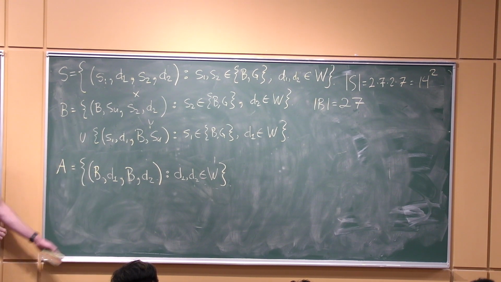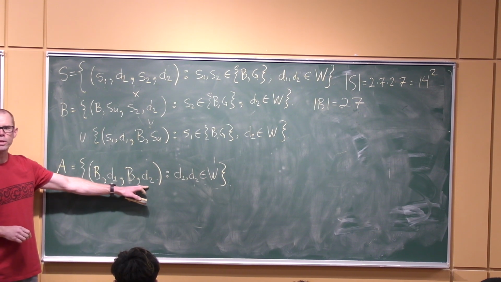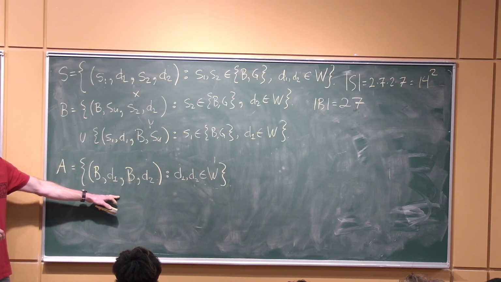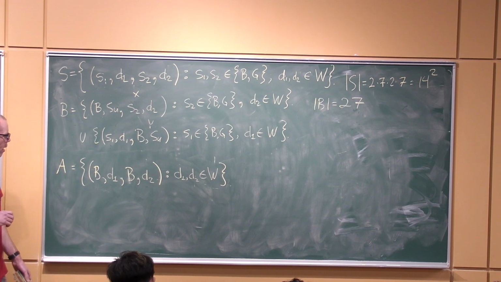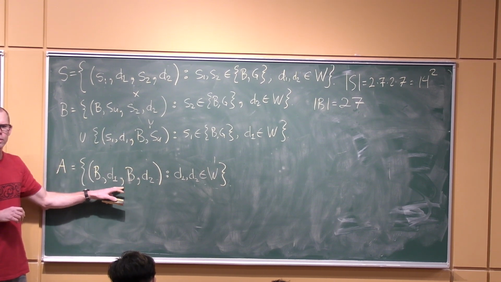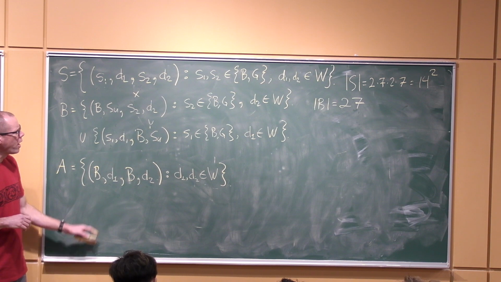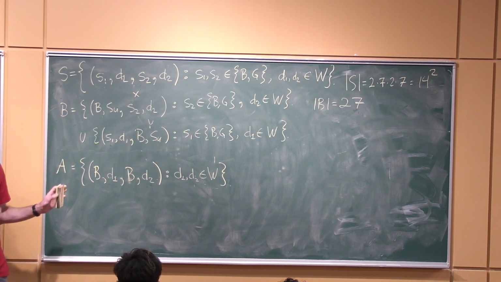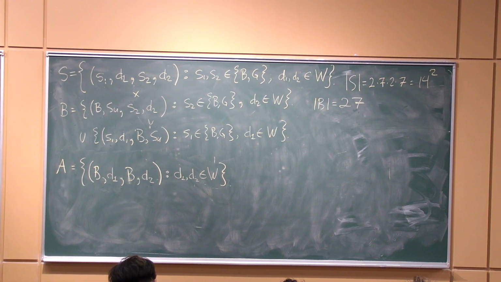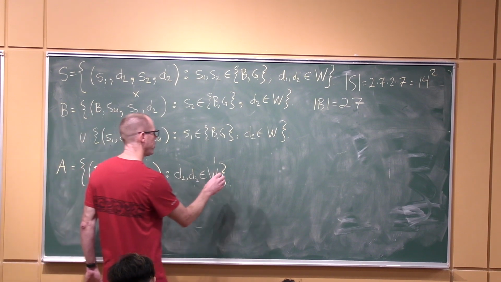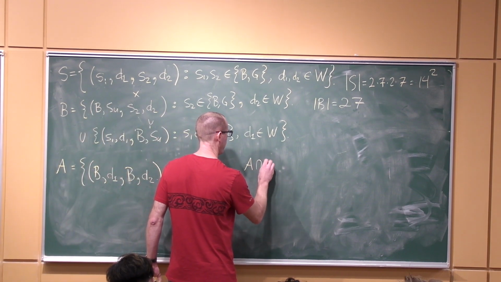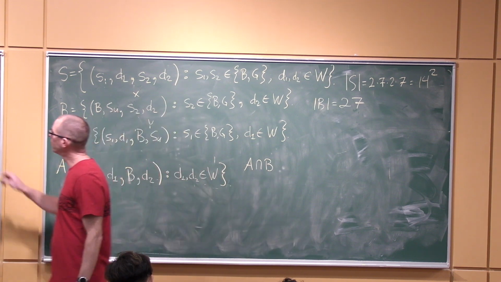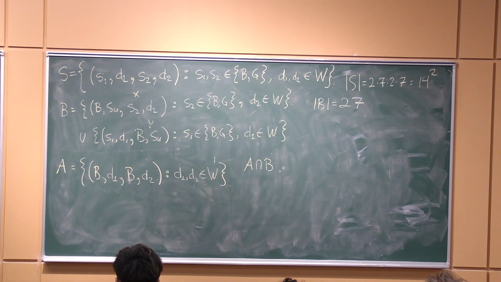The size of A is really easy to compute. It's 7 times 7. Unfortunately, I don't care about the size of A. That's not in the formula that I need to evaluate. And luckily for us, it's not, because 7 times 7 is 49, and then we'd be getting something like 49 divided by 27, which makes no sense. So let's figure out what it is that we want. We're interested in A intersect B. That's what we need to evaluate this formula.